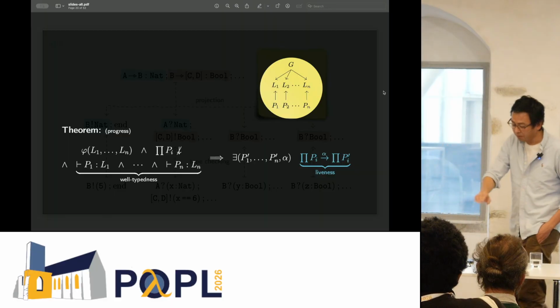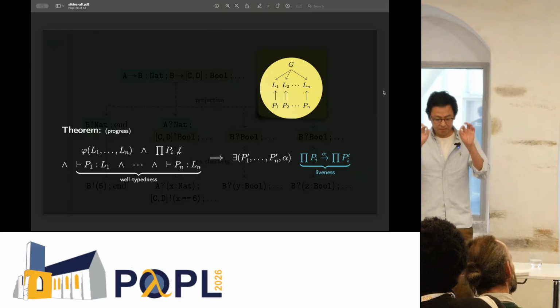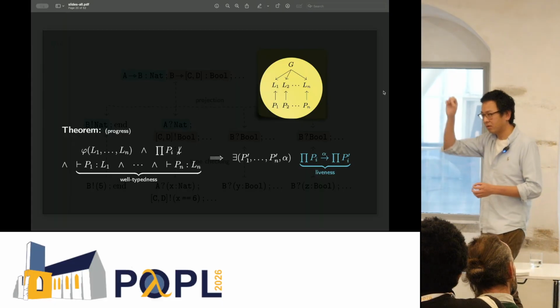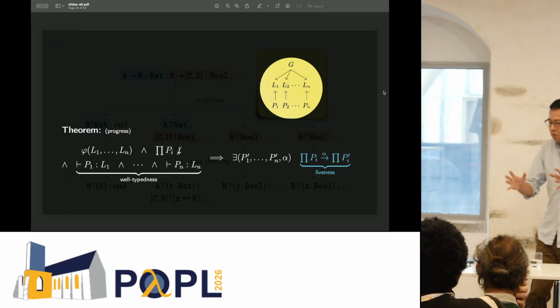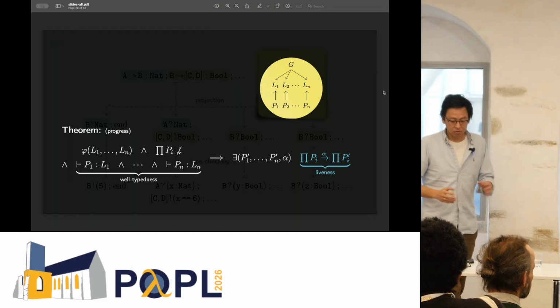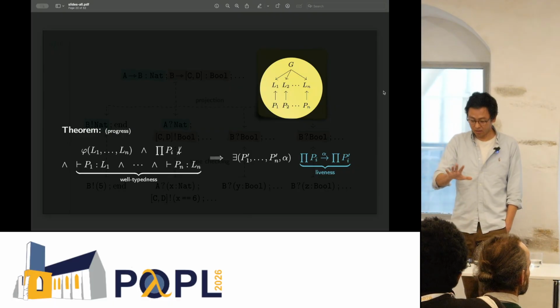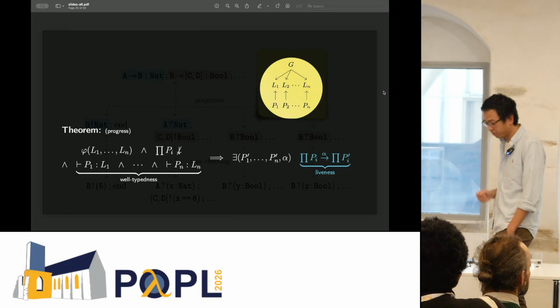We'll also assume for progress that we have the parallel composition of the processes, represented with this capital pi operator here, that is not yet terminated. Okay, so down arrow here is the termination predicate, but they're not yet terminated. And we'll also assume that each of the processes is individually well-typed. Then we can conclude that there exists a bunch of next processes such that the current processes can make a transition to the next one, right? So they really can make progress.